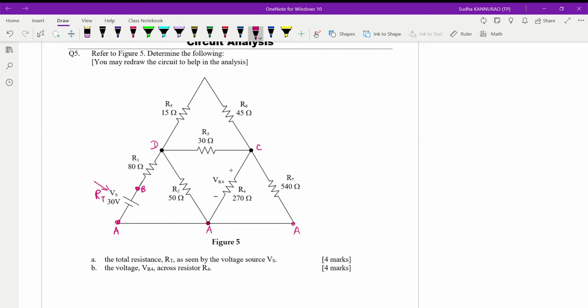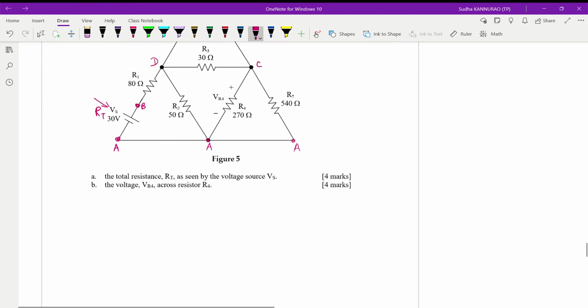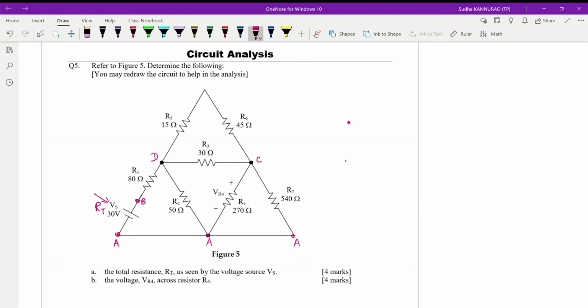So what I do first is I will have to remove the Vs and then do my measurements, right? So I have to measure from A to B. So I have to redraw in the rectangular form. The whole circuit is now in triangle form. I want to make it a rectangle. To do that, I will bring out the 2 points A and B from where I want to measure my R total.